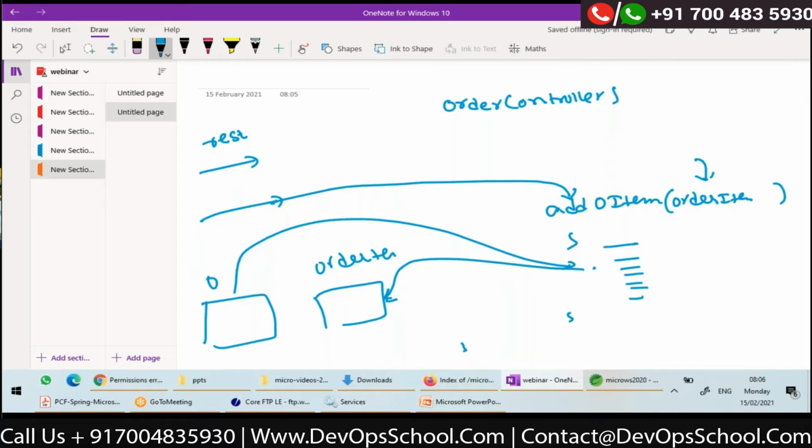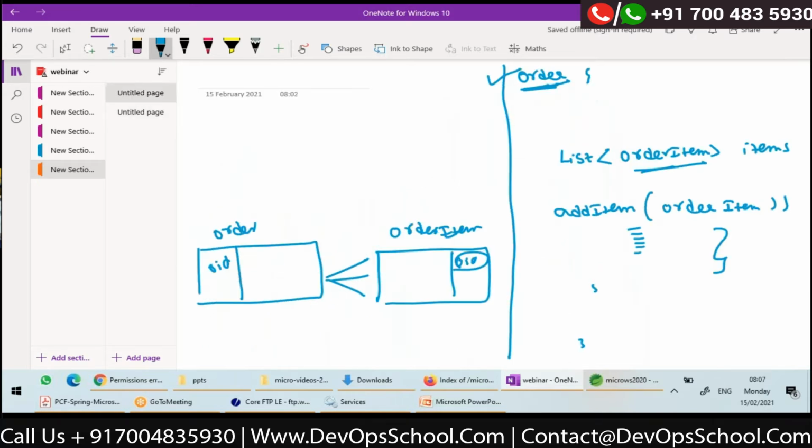So whenever you try to save, either everything will succeed or everything will roll back, right? So you will never directly insert an order item into the database. It's not a good practice. You always propagate all the changes through the order, right?